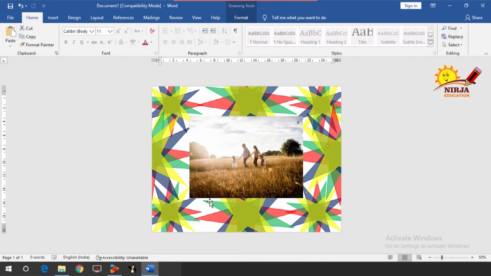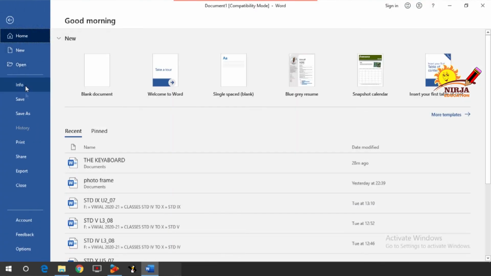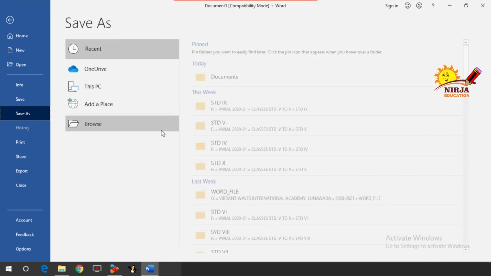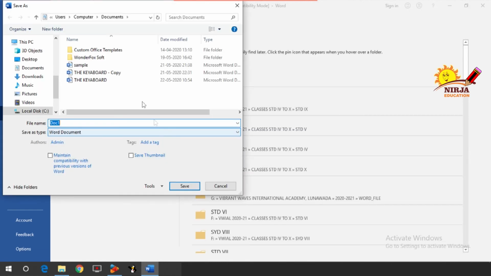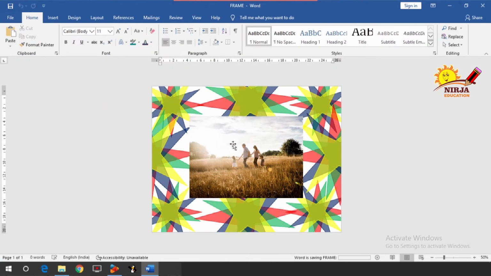Now what if you want to make this photograph into an image file? So first we will save this file as it is. I am going to give it the name frame. Right?